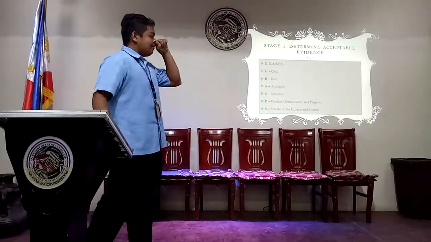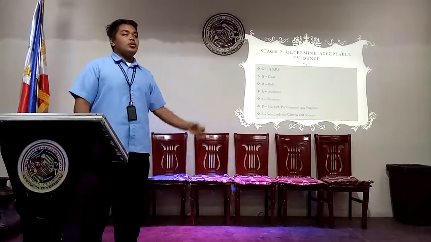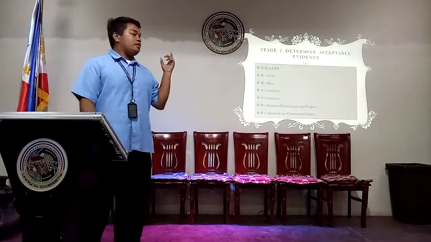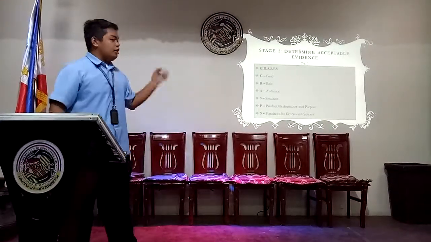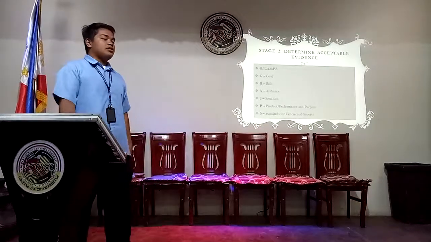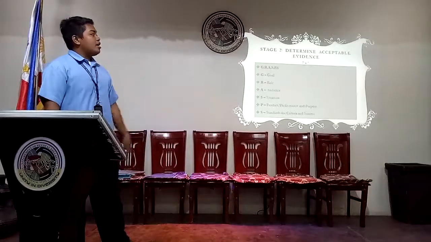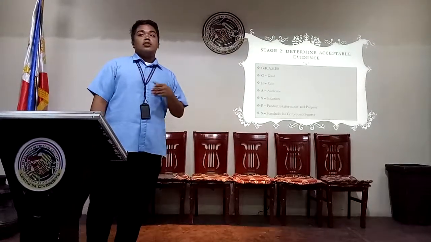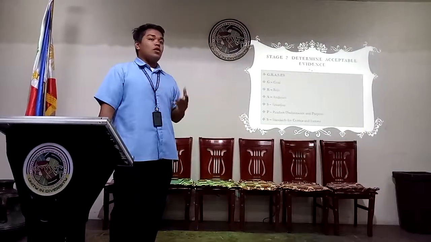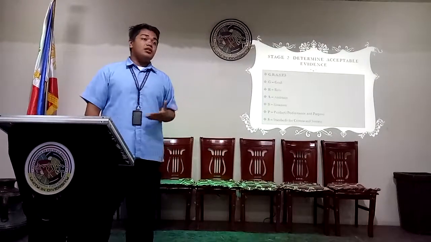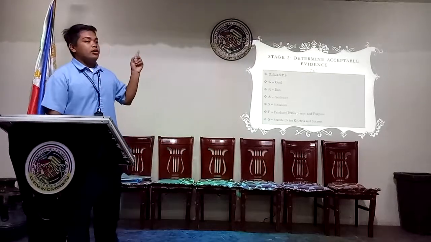Okay, next. Stage 2. Determine acceptable evidence. That can be shown by using GRASPS, which is G for goal, R for role, A for audience, S for situation, P for product or performance, and S for standards or criteria for success. So once we identify the desired results, we need to think about how we can see the desired results. For example, in using GRASPS, there is the goal, something